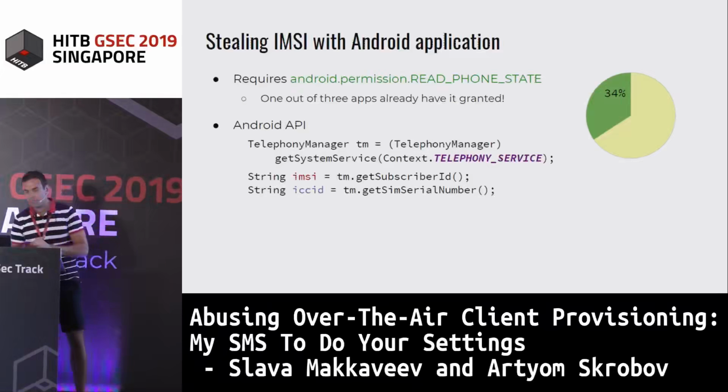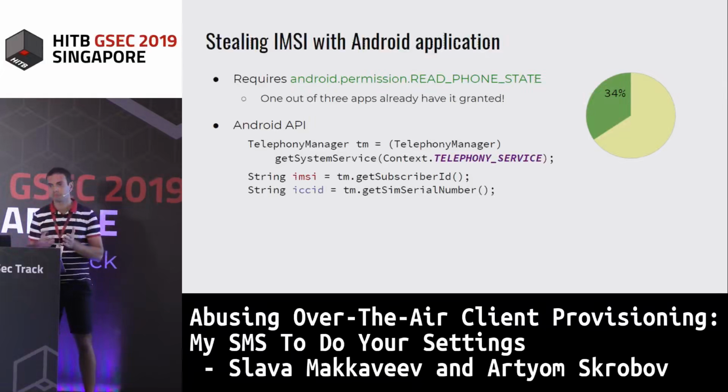Stealing an IMSI number with an Android application doesn't require anything special. Android provides public framework functions. Actually, it's the getSubscriberId method of TelephonyManager, which returns the IMSI. This method